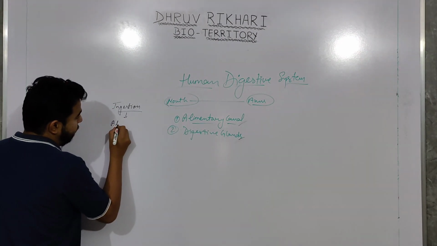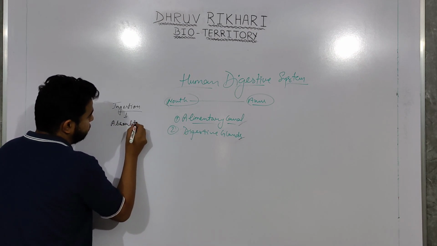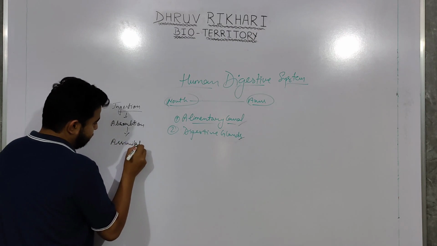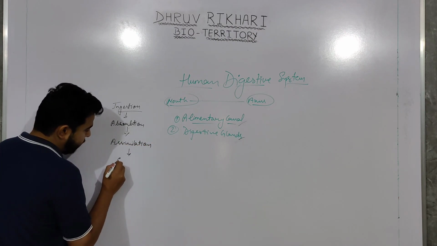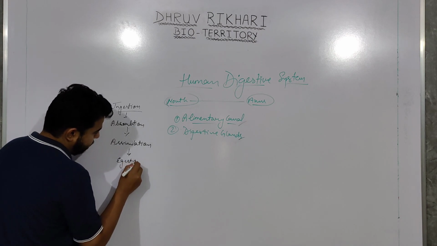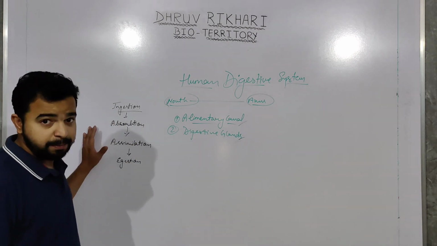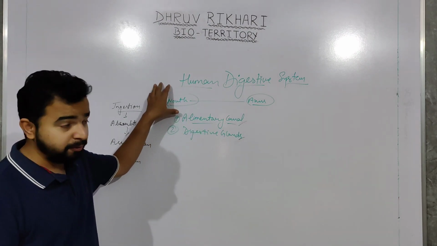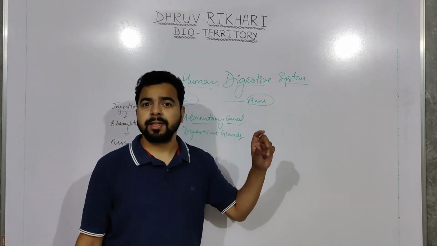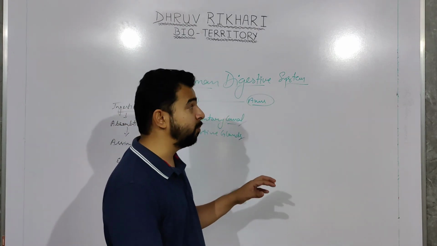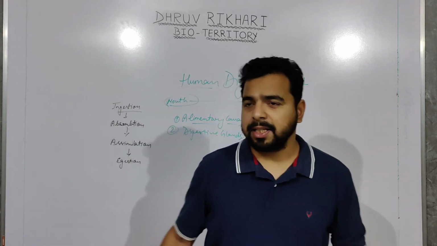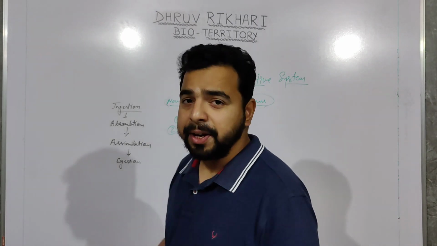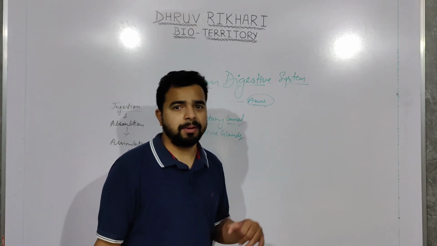followed by absorption, then assimilation, and then egestion. So these are the major steps in the human digestive system, starting from the mouth, from where we take food, and the anus, through which the waste product, or the food material which is undigested, needs to be eliminated. So when we talk about the alimentary canal, it is the longest canal in our body,